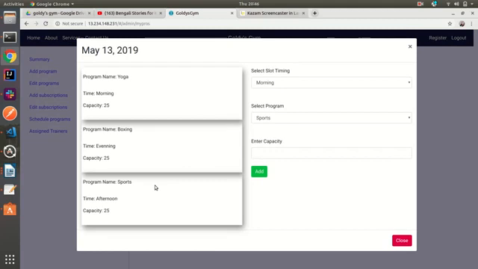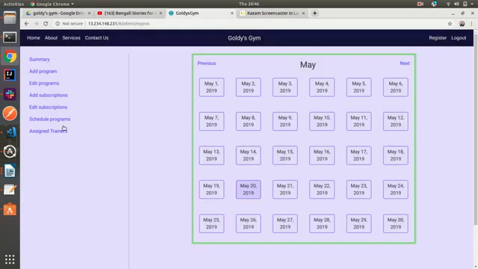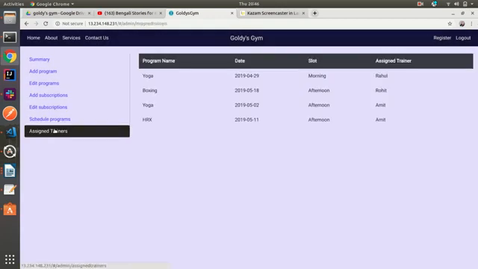See, the program has been added here. So like this, the gym owner can schedule a program for a particular slot and for a particular day. And then whenever the program gets added, the trainers will automatically get assigned to the program.